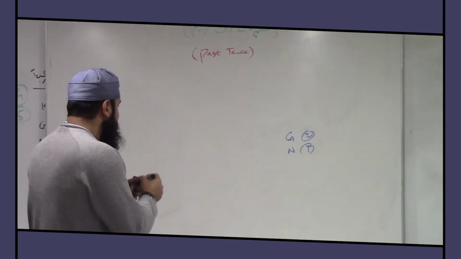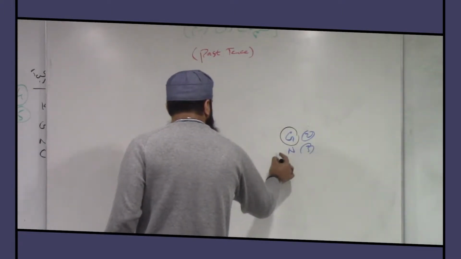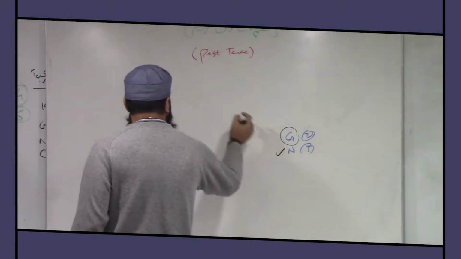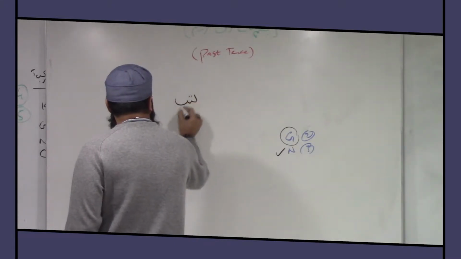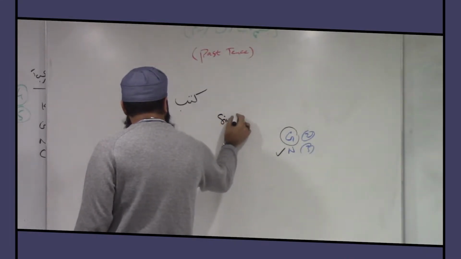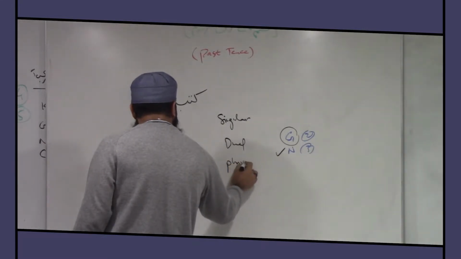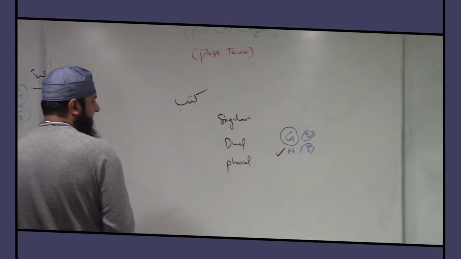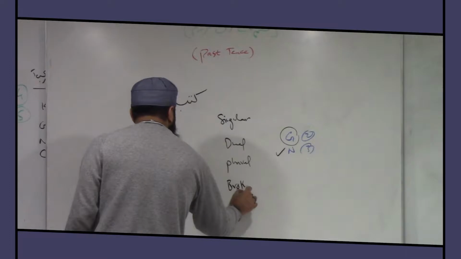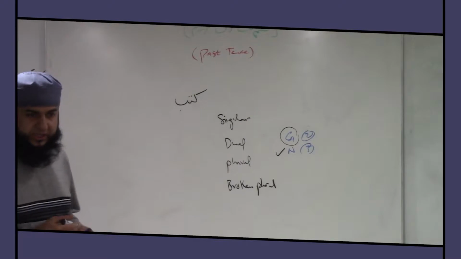Gender and number. This gender is going to give you a hard time. So let's see the number. We have Kataba here. How many possibilities do you have in number? The first, singular, dual, plural, and Jama. And you can add one more thing here, broken. So these are the possibilities you have here in numbers.